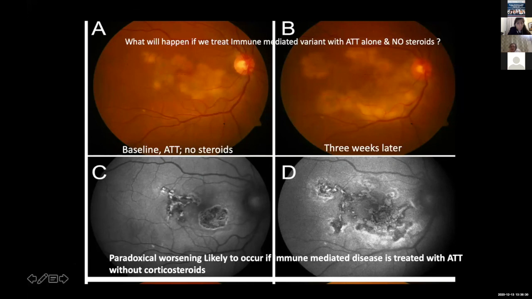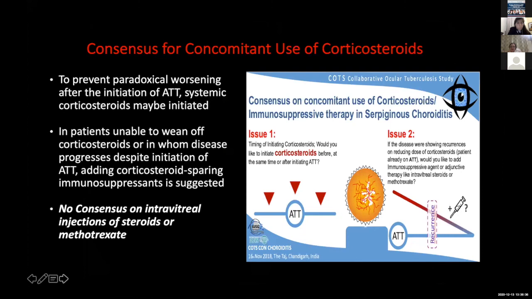So be very sure that they are under very good cover of corticosteroids. So we did raise this question in our consensus, and all the experts agreed to consensus for concomitant use of corticosteroids in immune-mediated phenotypes to prevent the paradoxical worsening. And also, if at any stage in patients with retinal vasculitis or even choroiditis, you feel that you are unable